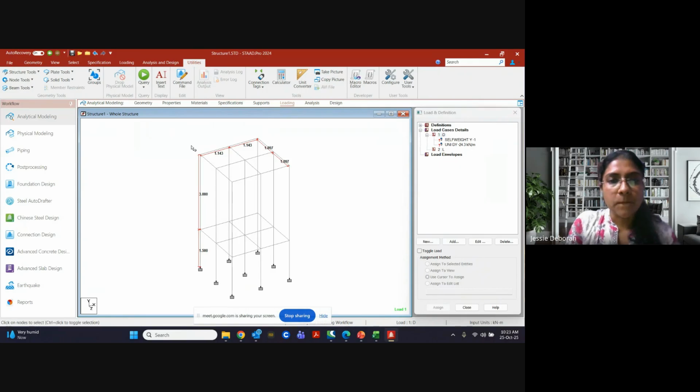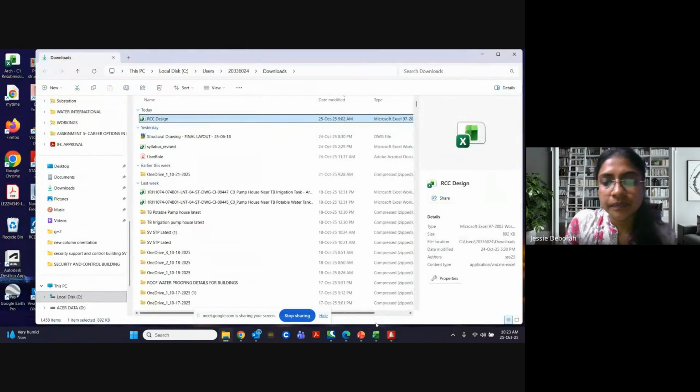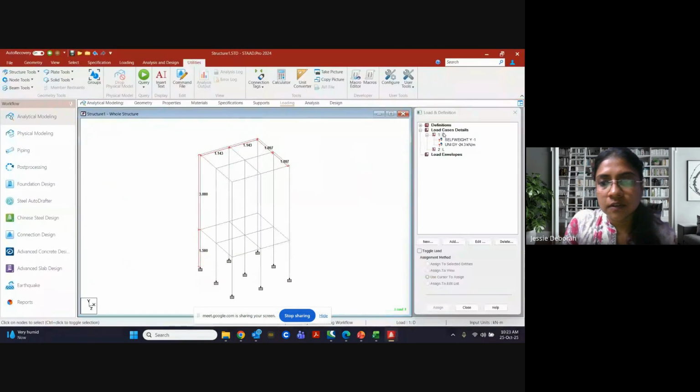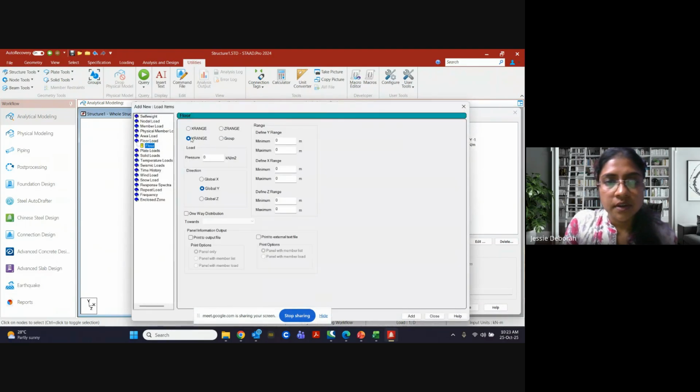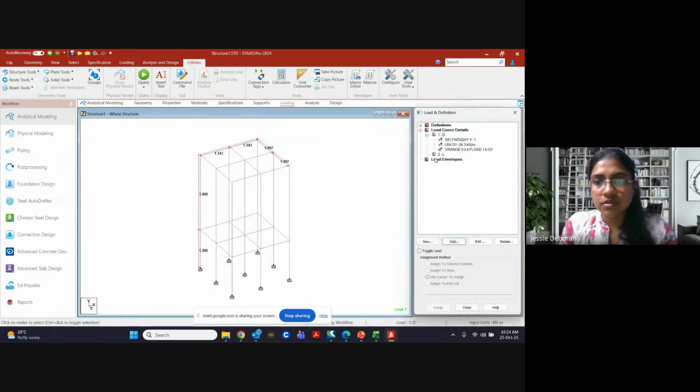So this is going to be from 0 to 4.5. Right. So it will be add floor load 1.5 kilonewton per meter square, 0 to 4.5, add and close.